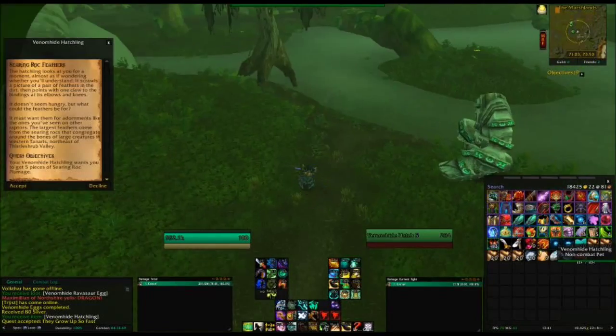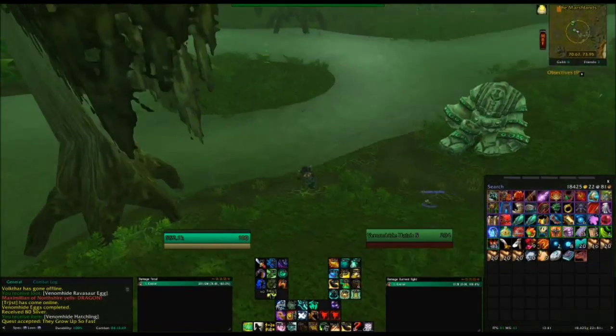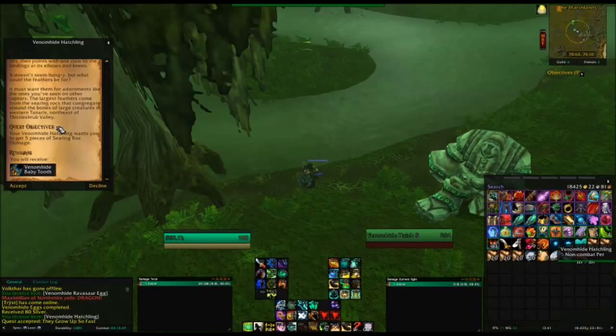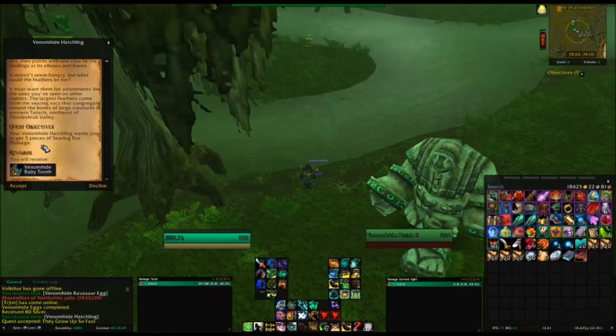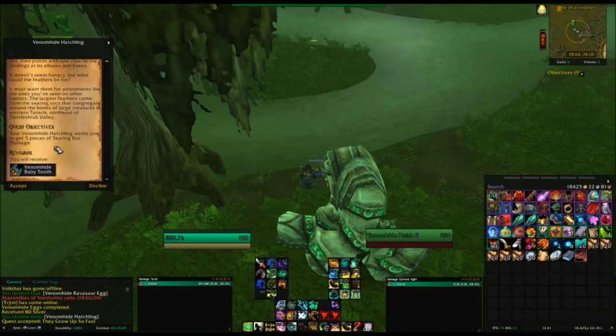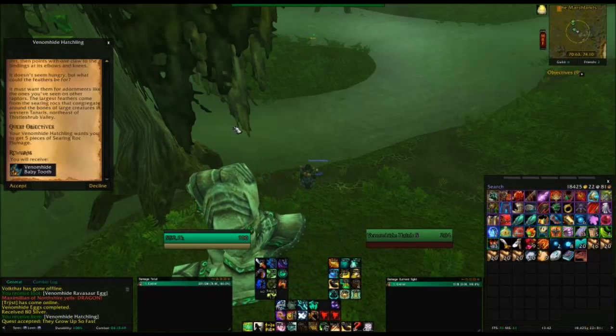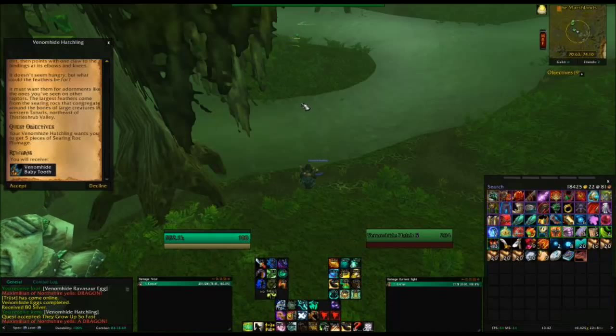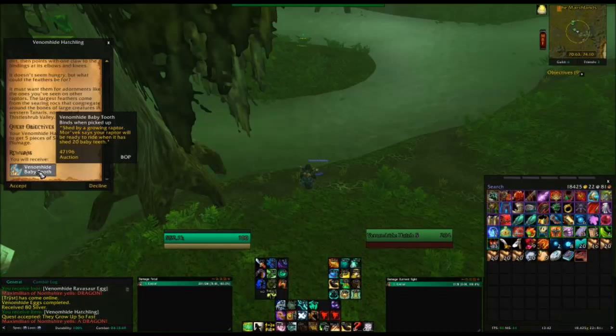He's just running around. He's green in a green background, so that's not the best. You click on him and he will give you a daily quest: 5 pieces of searing rock plumage. So it's various quests that involve just killing random mobs around Un'Goro Crater, and on completion of that quest